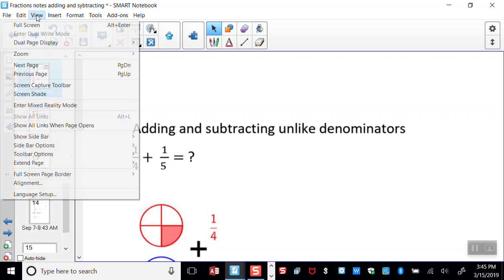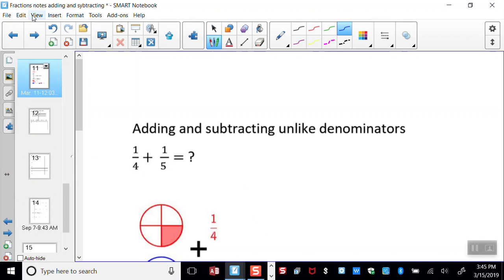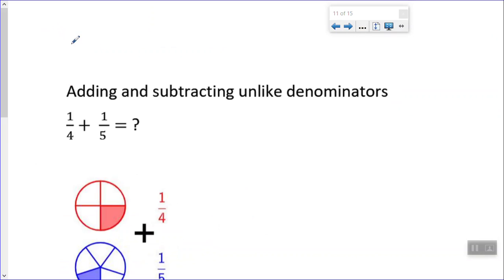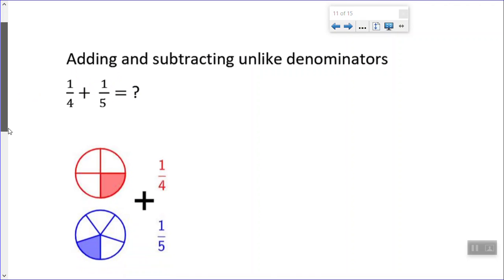Hi, in this video we are going to learn how to add and subtract fractions with unlike denominators. For example, you have 1/4 plus 1/5. How can you find it? So here's a picture